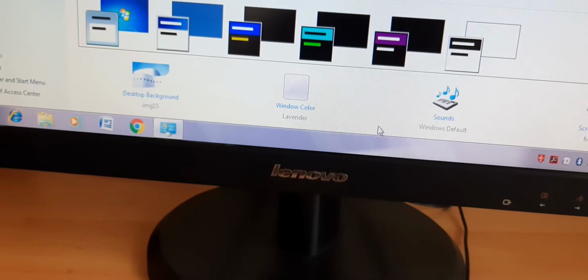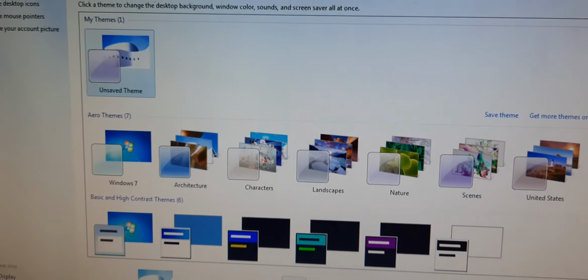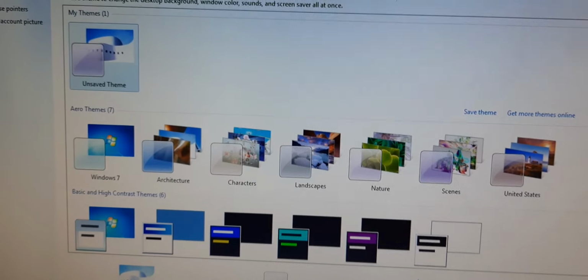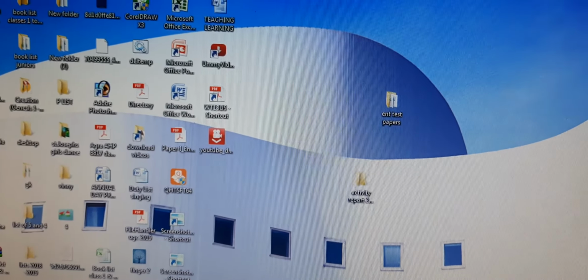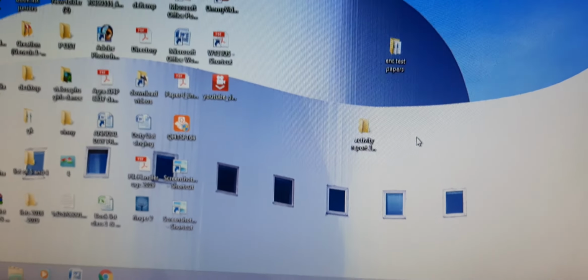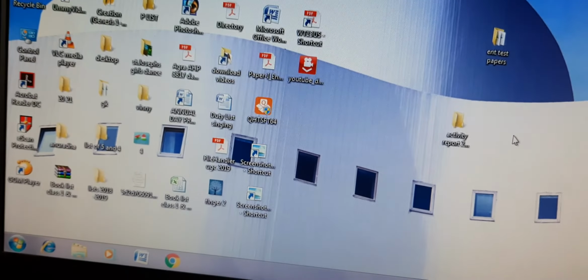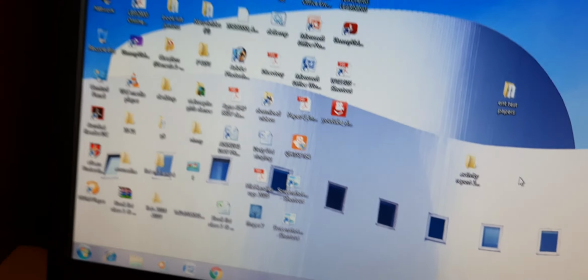So now the color has changed to lavender. Understand? So you will then save the changes. Lavender is saved and you can come out of that window by clicking on this close option. Is it clear? It is quite interesting. You can try it at home also.